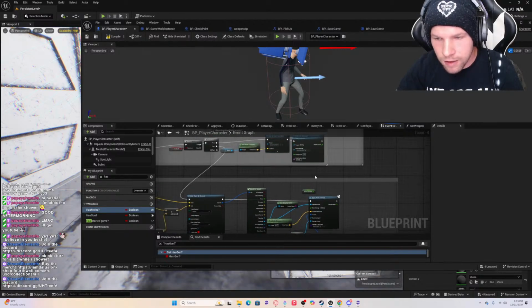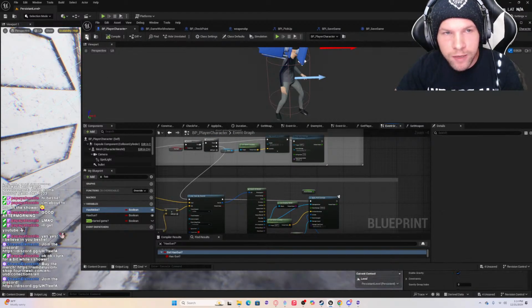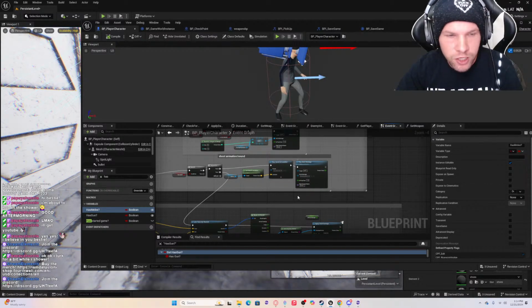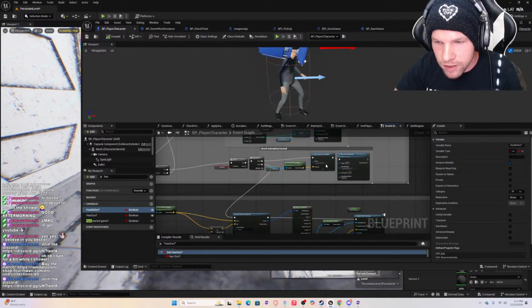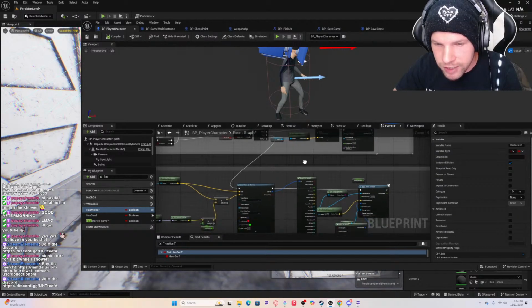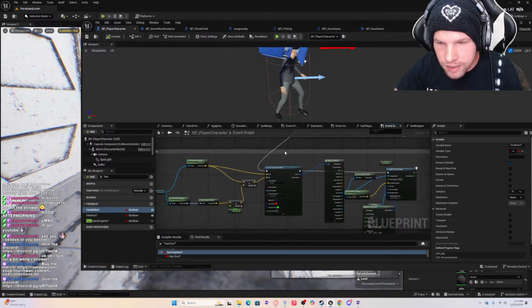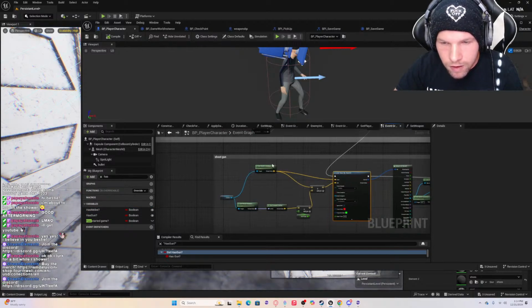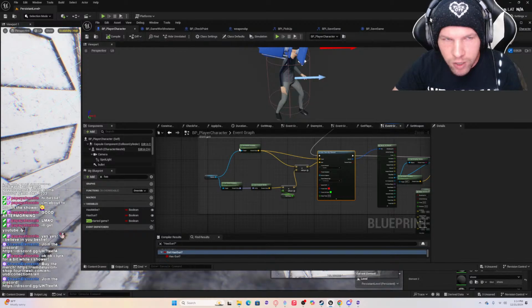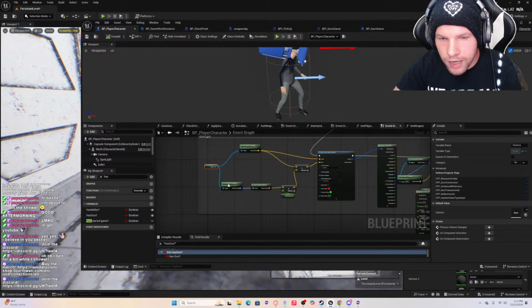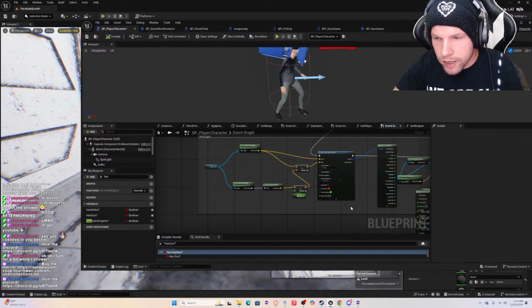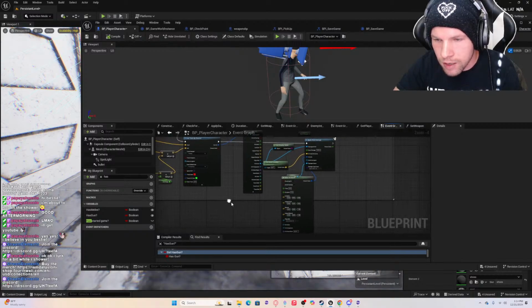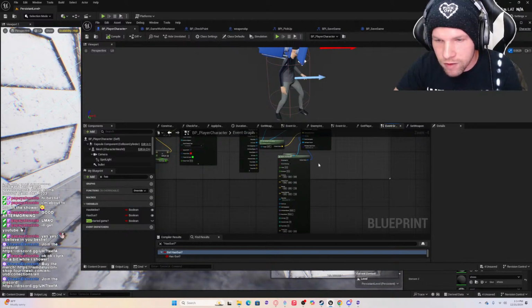I'm gonna delete apply point damage, or apply damage. We want to use point damage, which I actually need to change in one of my other AI. So first thing it's gonna do is play the sound and the shooting animation. The next thing it's gonna do is this line trace, which just traces from the camera. I'd like to change that. Ideally, I want to do this line trace from the gun, but I was having issues with that not working for some reason, but we'll definitely figure that out.